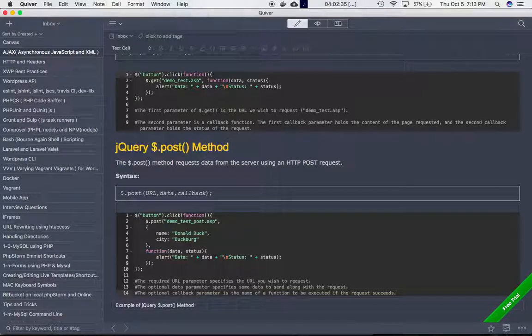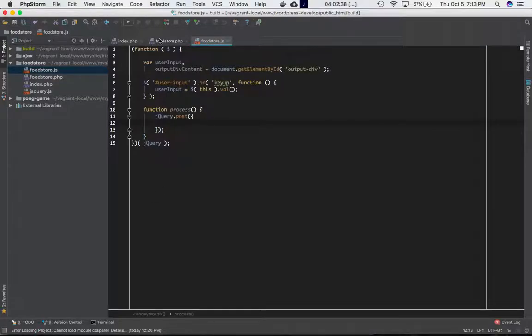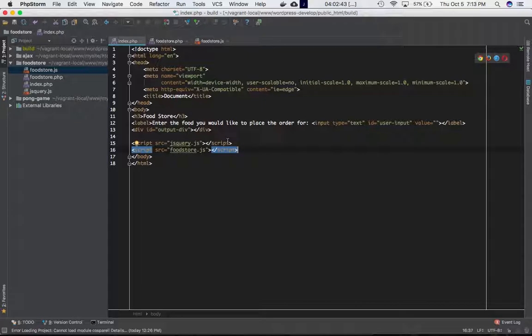So as we know, the first parameter is the URL. So we need to create this URL to this foodstore.php. To create the URL, we'll go to our index.php file, and let's open a script tag over here. I'm going to create a variable called ajaxurl equal to HTTP, because remember we need the URI, not just the file address. Okay, HTTP, then PHP,